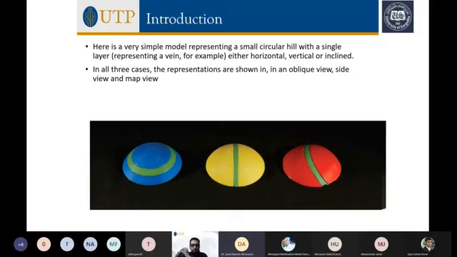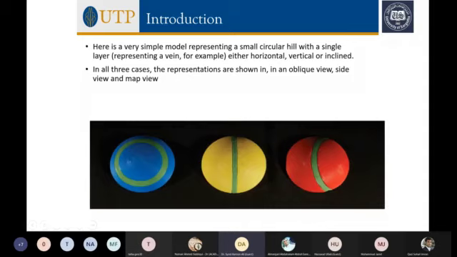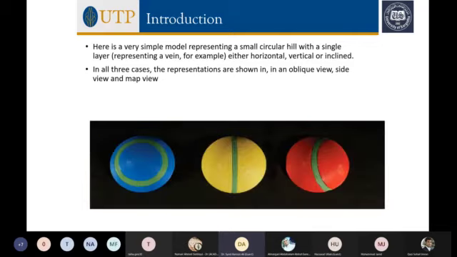Now I will show you the side view, and you can see how these structures that are cutting a small hill can be seen from the side. This is the top view, or the map view. Normally, we need to map rocks like this. We see this or we see this, and we are asked to do this, right?